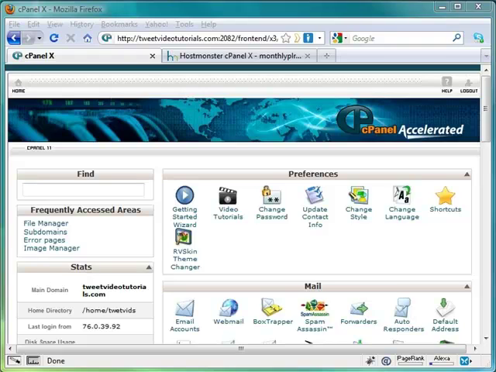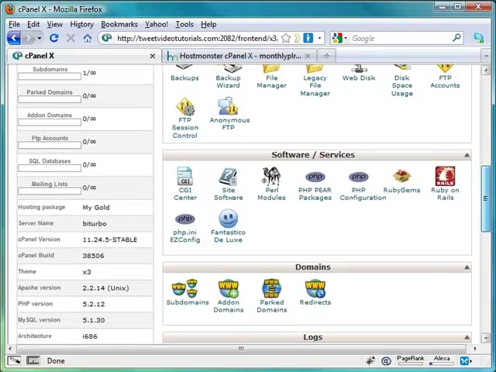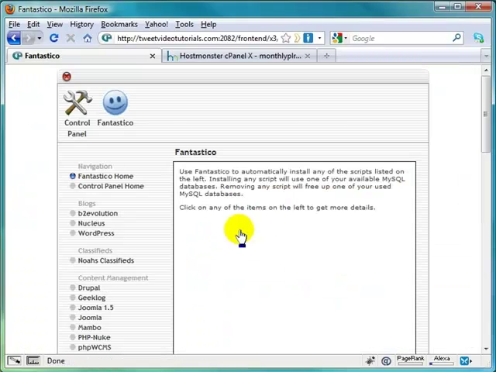install. So that being said, let's go ahead and log into our cPanel control panel as thus. Scrolling on down to the bottom, unless you've made some changes, in which case it won't be at the bottom, but we're looking for the software and services section because we're looking for the blue smiley face guy here for Fantastico Deluxe. And you just simply click on this,